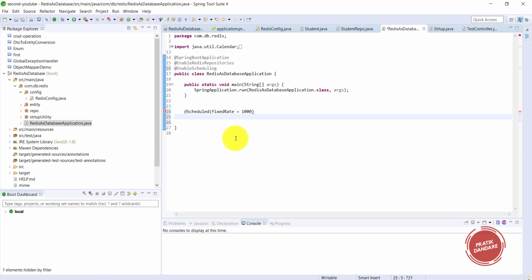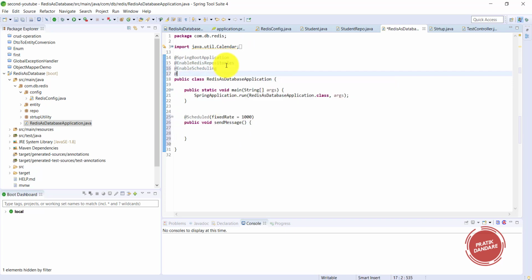So I write one method here. First thing first, public void sendMessage. I just want to print something here for now, it's nothing but a log.